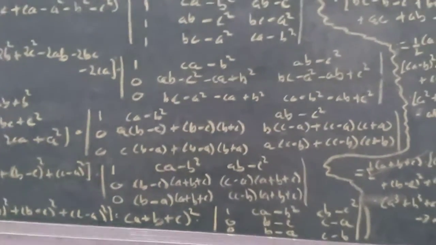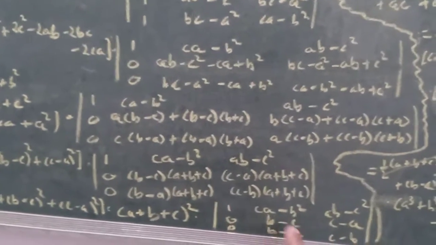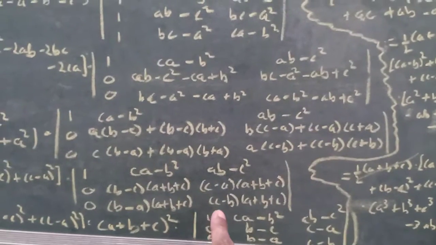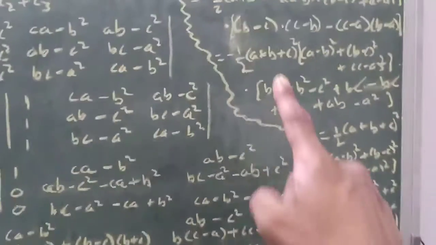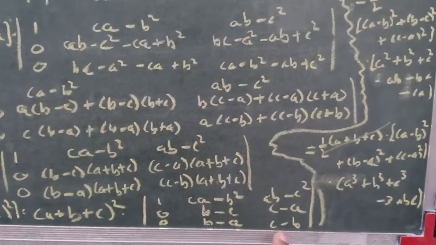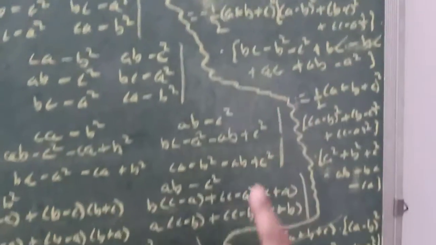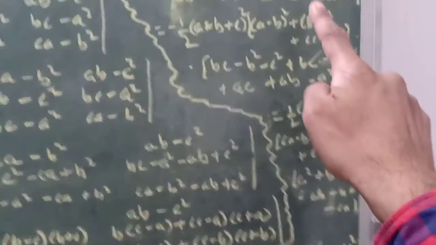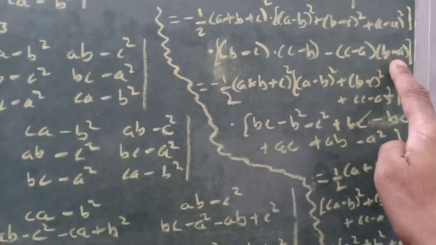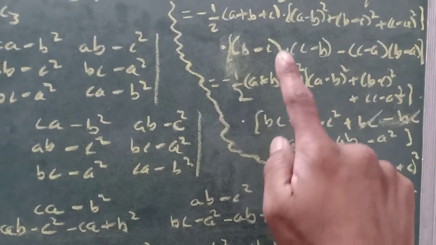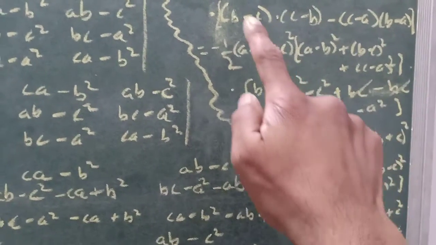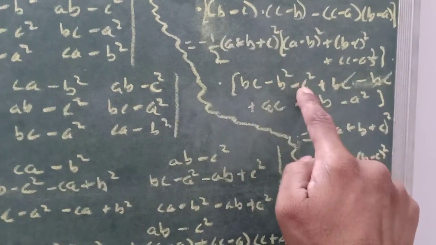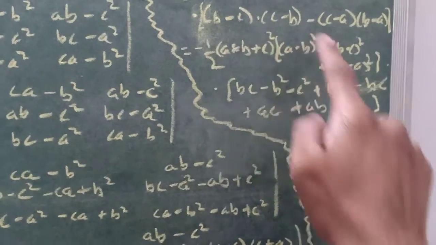Okay, now just expansion of this determinant with column number 1, remaining terms as it is. So when we expand this determinant by column 1, what I'll get? B minus C into C minus B, minus C minus A into B minus A, C minus A into D minus A. Okay, this expansion, remaining term I am keeping as it is. So this expansion only I am showing: BC minus B square minus C into C minus C square, plus C into B, that is BC.